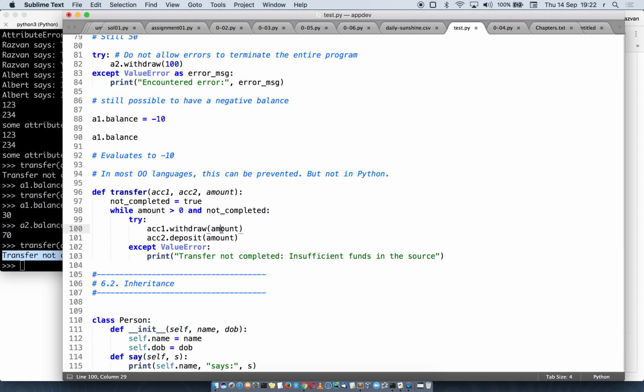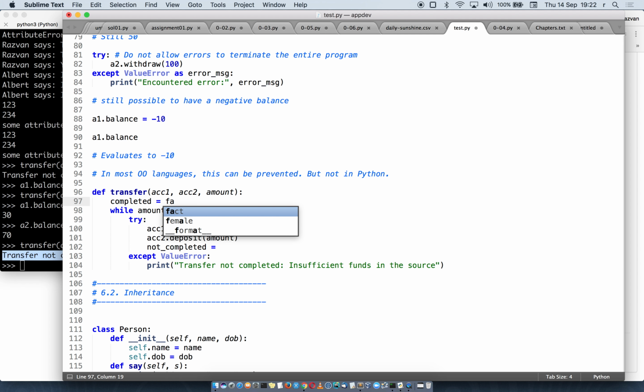All right, we try to withdraw and deposit, and then actually this is much better if we say completed equals false. And then completed equals true. All right, except,